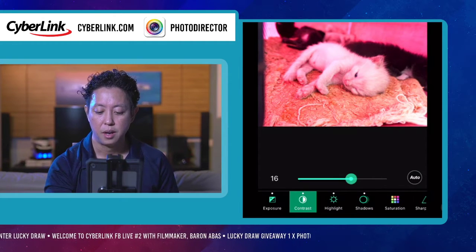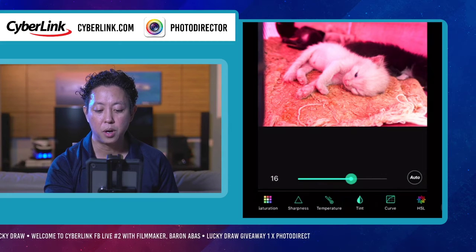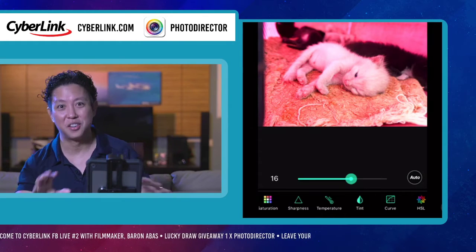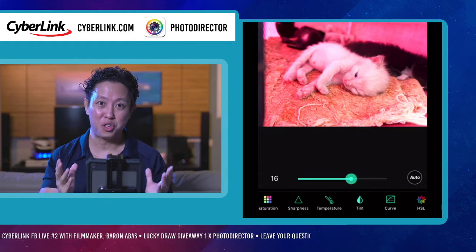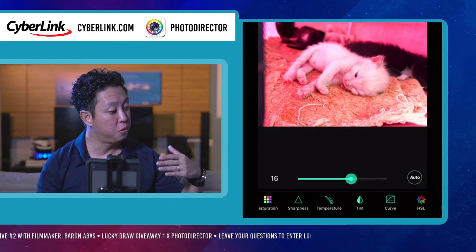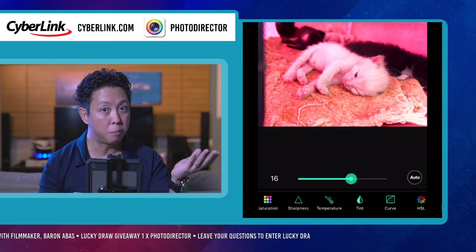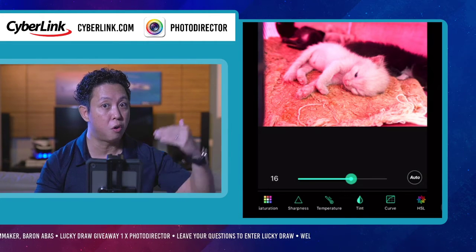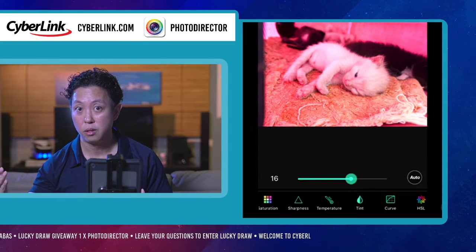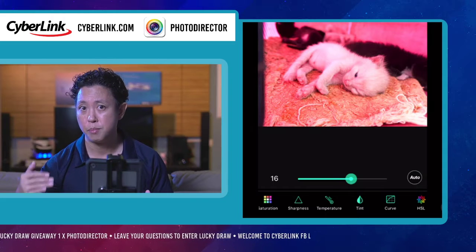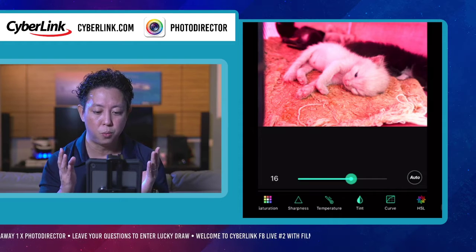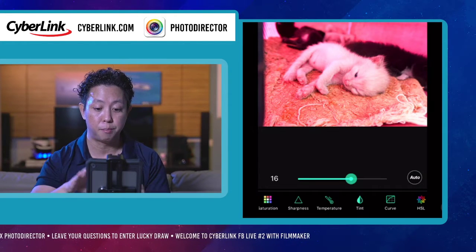Okay, done. 1.6. Then I may want to change the color temperature. Color temperature doesn't mean like, ow, it's hot. No, not really. Color temperature means: is the overall color too warm? Warm meaning very orange, very yellow, very red. Or are the colors too cold? Cold meaning bluish, purplish, right? So when we look here, I guess it's a little bit too warm because of the blanket that we put